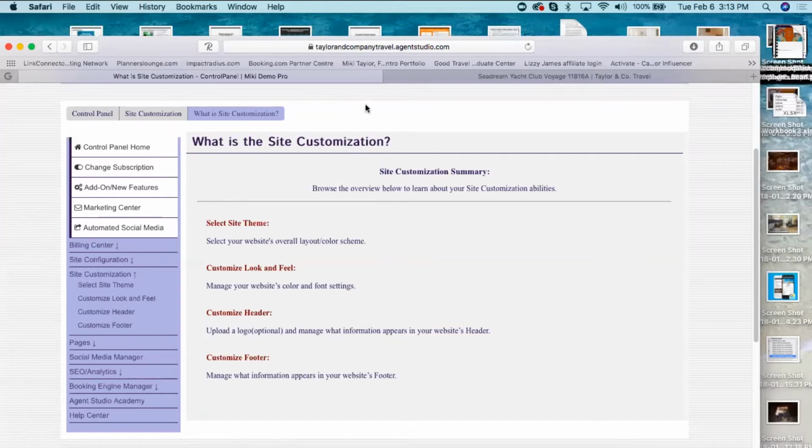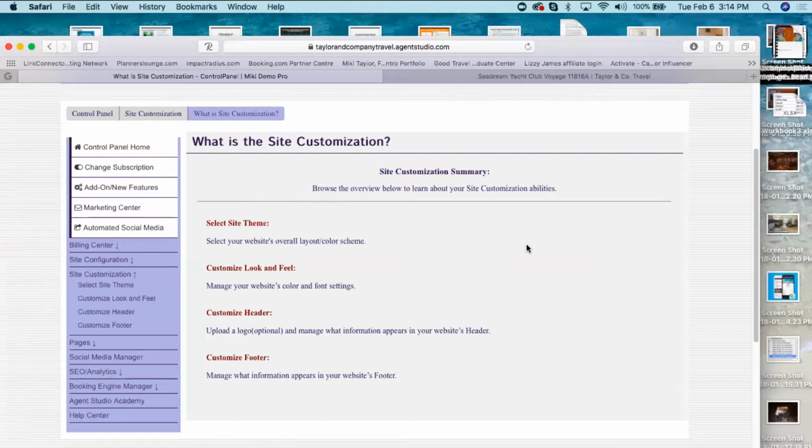Kim asked, would this session repeat in the future? Yes, I'm always creating new pages and showing how to change up your website all the time. I would do it once a week if Agent Studio would let me, but they like me to cover other topics as well. In a few minutes, I'll show you where to find all the replays, and you can go back through and look at some of the previous webinars on creating website pages because they're all a